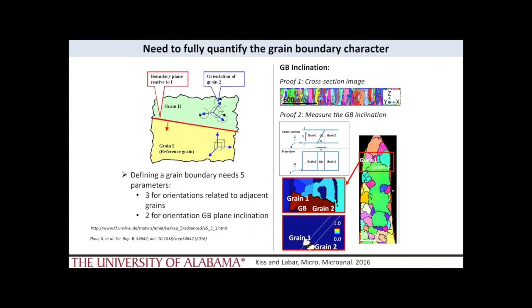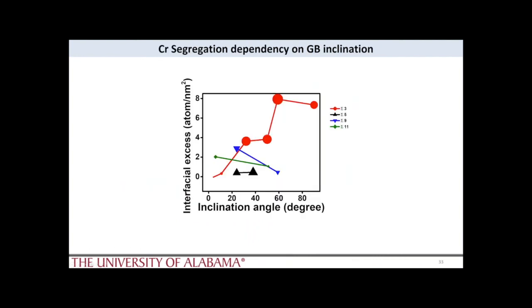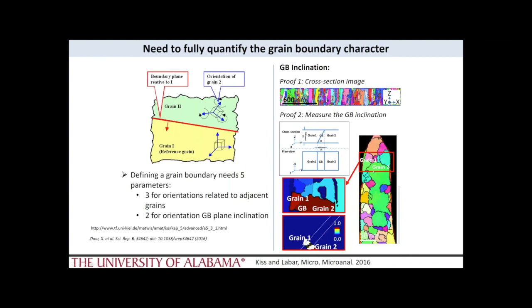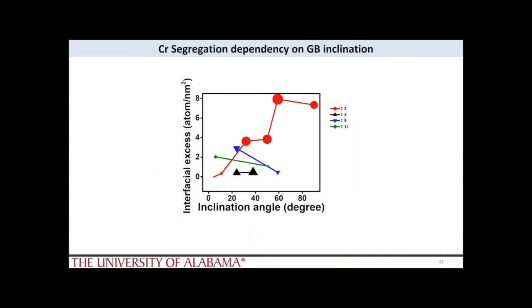But Atom Probe is a 3D reconstruction, and so by looking at this signal, looking at the 3D reconstruction, we're actually able to decipher the actual inclination angle in its proper form. And in doing so, we're able then to look at how the interfacial excess, the chromium solute, varied as a function of a particular grain boundary type and its inclination angle. Again, we couldn't pull that type of information out of just an Atom Probe run, nor could we pull that information out just from a PED run,